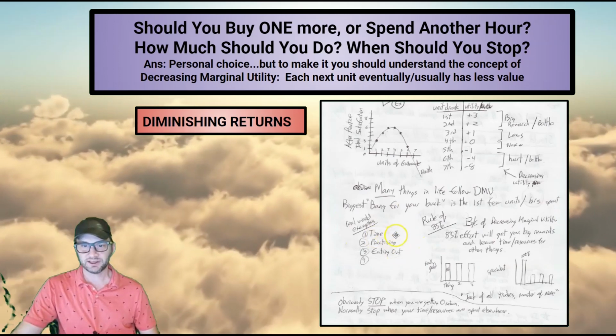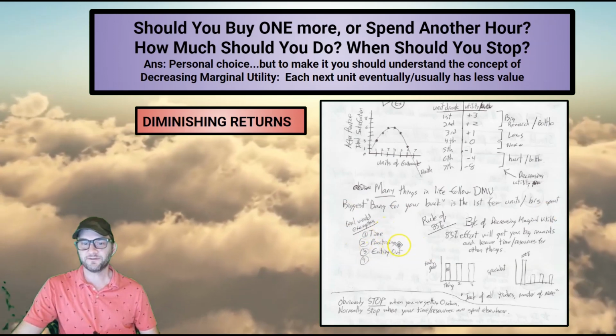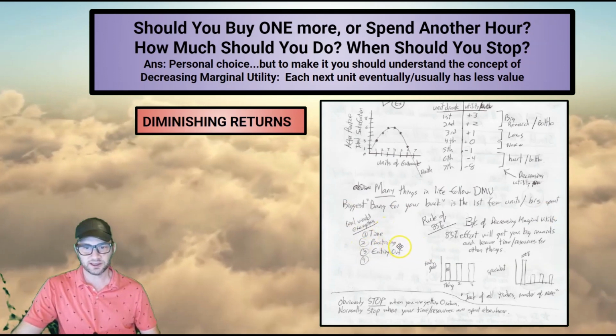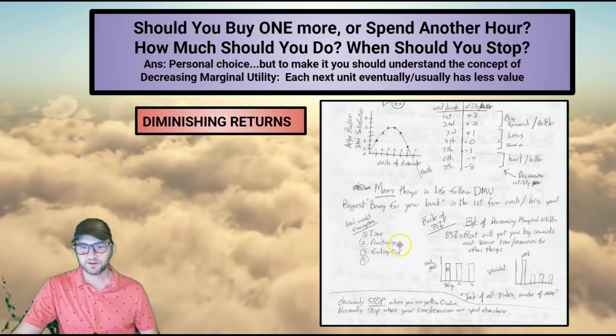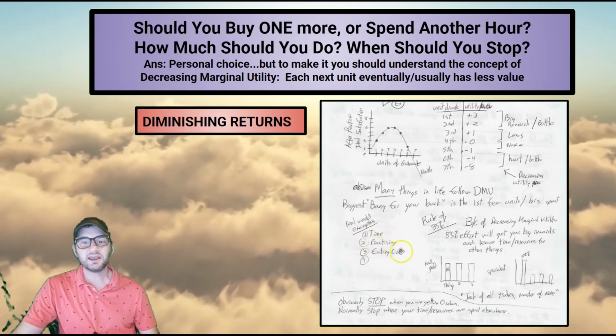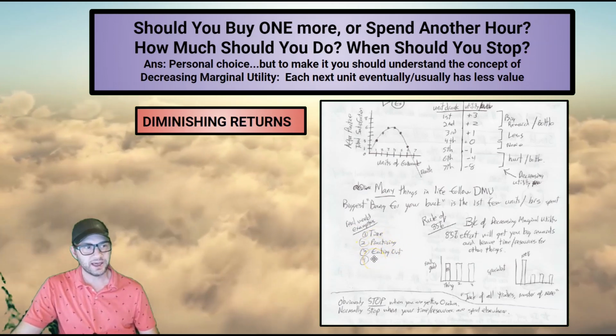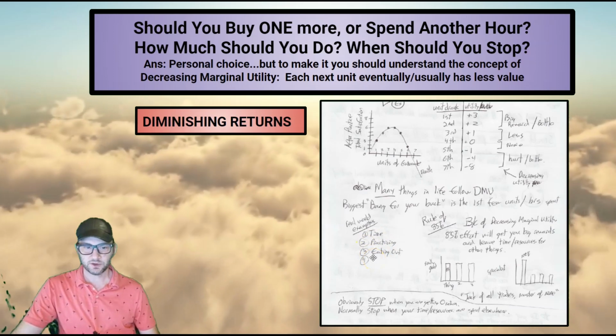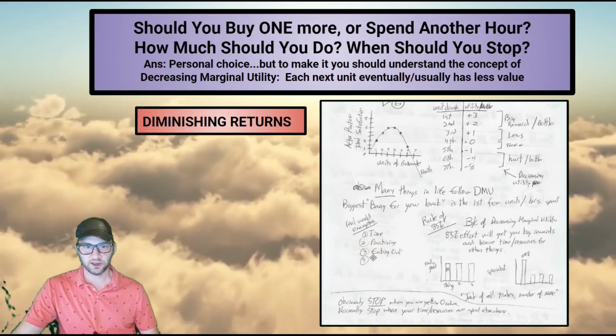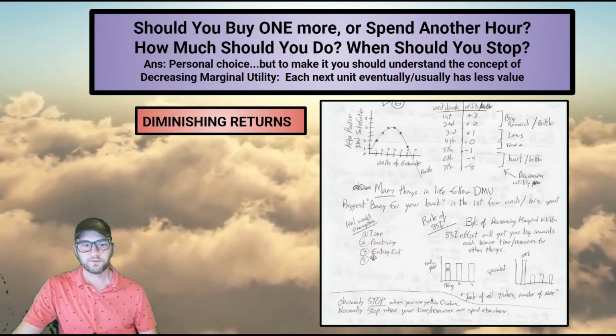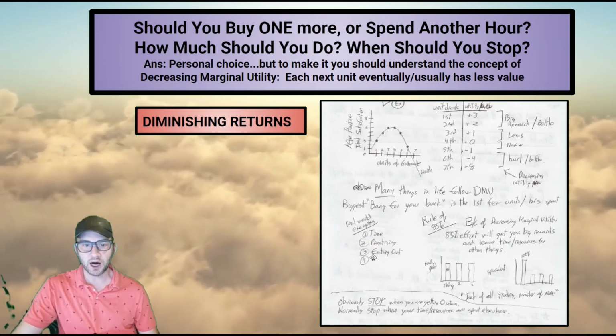Real world examples, the time you spend practicing for everything, anything you're practicing to get better at, will have diminishing returns. Eating out. How many times do you eat out per week? The first few times you eat out per week are incredibly special. First few times a week. The first 1 or 2 times per month.